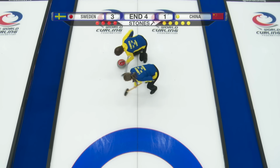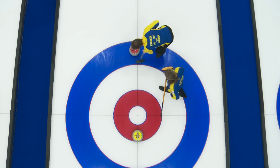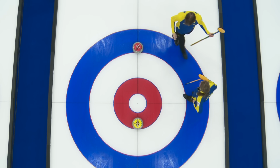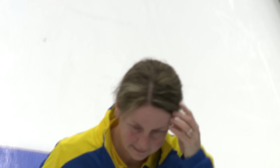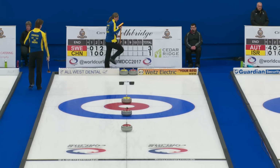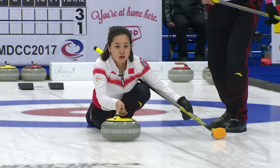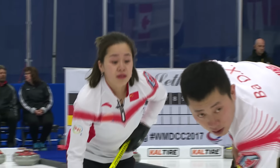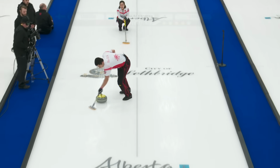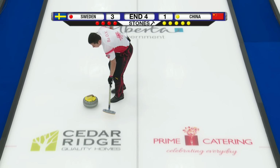Yeah, and this is the time where you don't want this rock to come up short. You ideally, after a big steal like that, you'd want to see it deep to that stone in the back button, just to shrink the scoring area for Team China. So you mean that coming up short, it's almost like a guard for China? Exactly. Yeah, especially with all this curl out there, it's not impossible to bury a stone around that one that